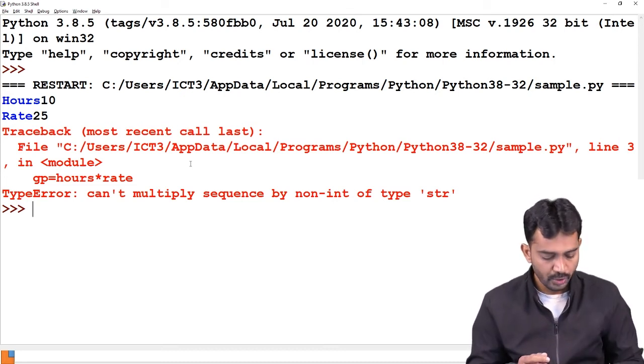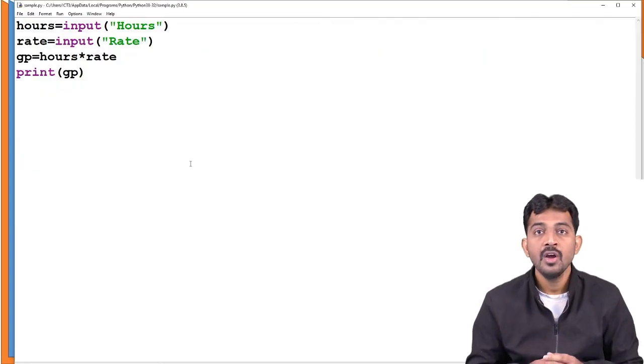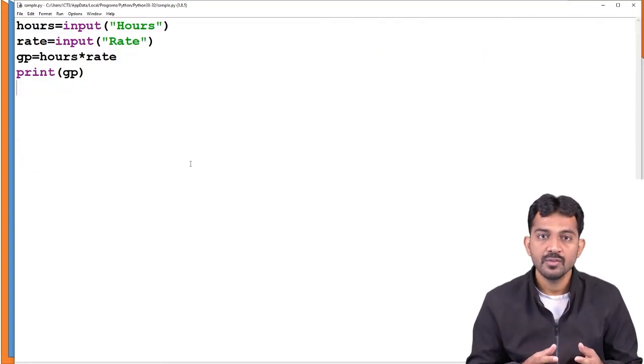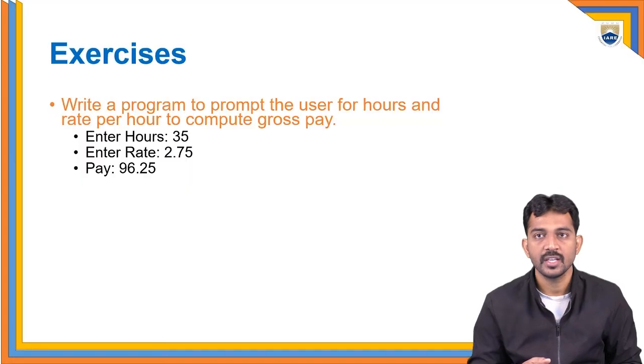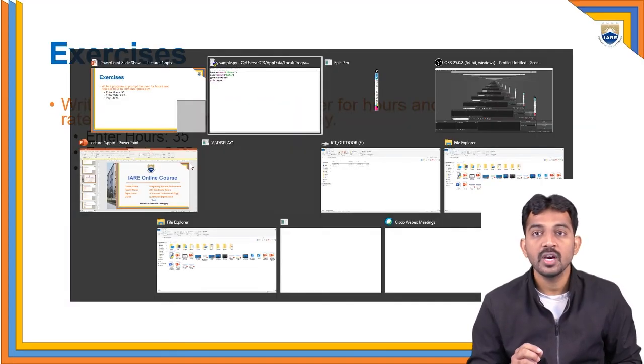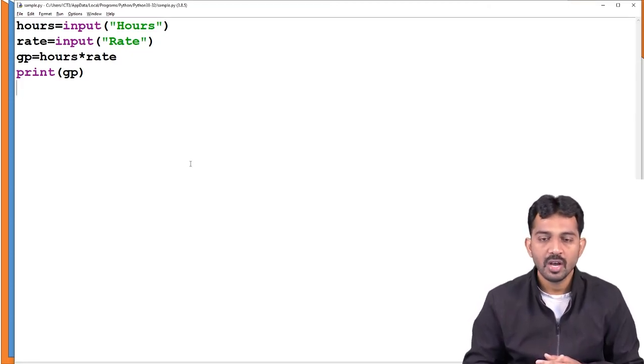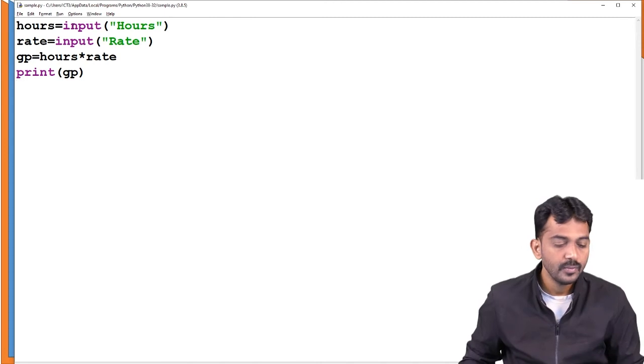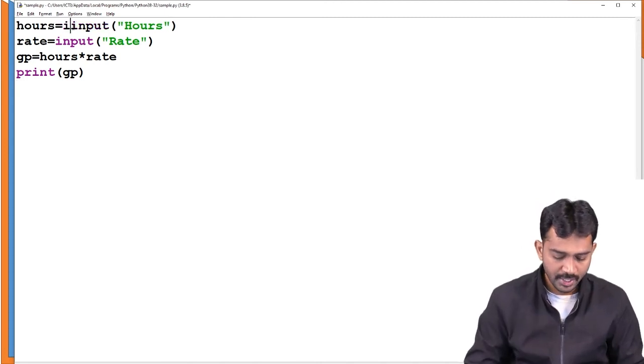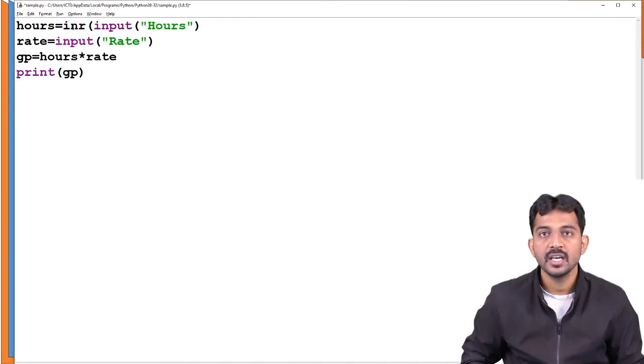So you know very well, hours is given as an integer only, right? Rate is in terms of float. How to convert to the given formats? First, your task is to convert the data into integer, meaning int conversion.